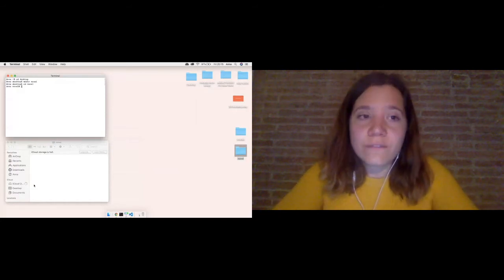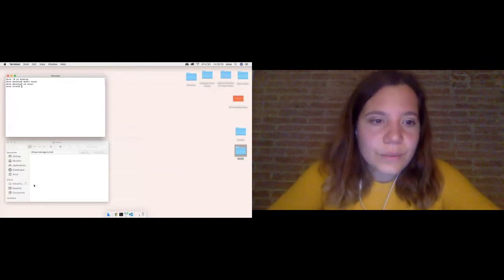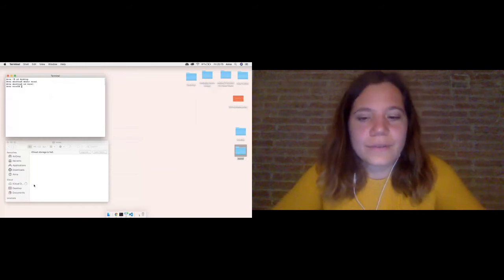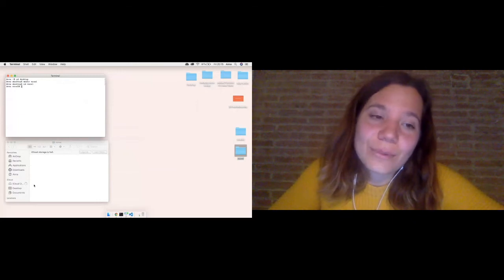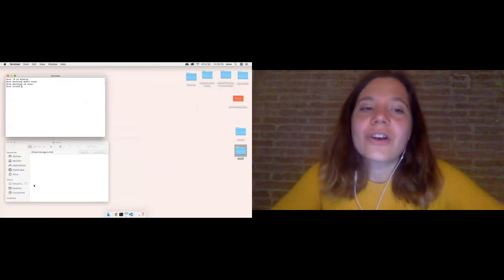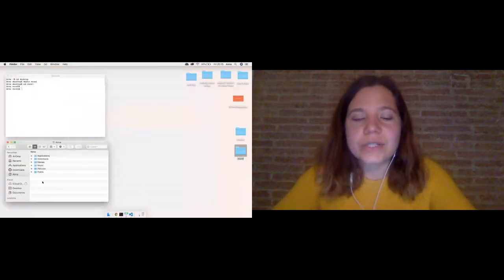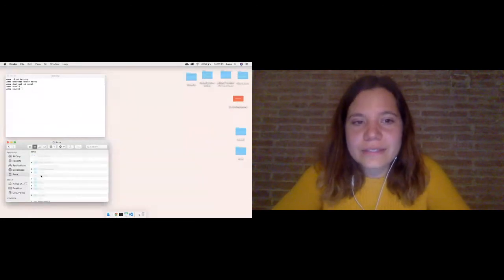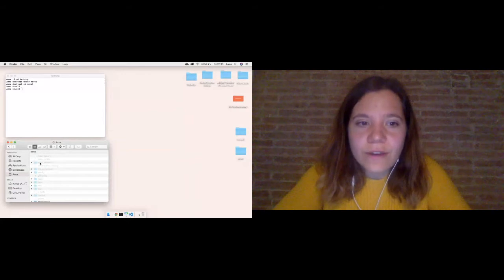There are hidden files and there are visible files. So if I go into my user, for example, normally the only thing you can see is visible files. But there's also another kind of file called a hidden file. And on a Mac, in order to see hidden files, you press Command-Shift-Dot, and you can see all these grayed out files. A lot of hidden files start with a dot, like their file name starts with a dot.